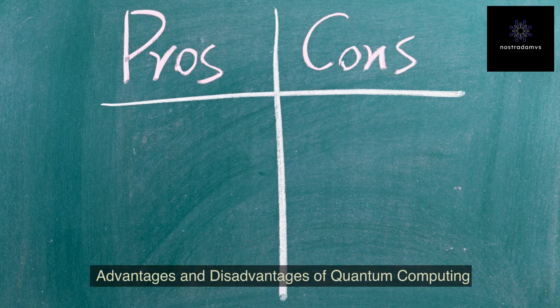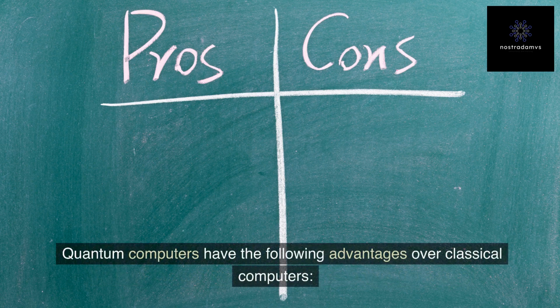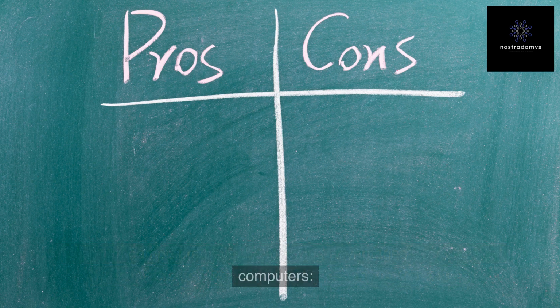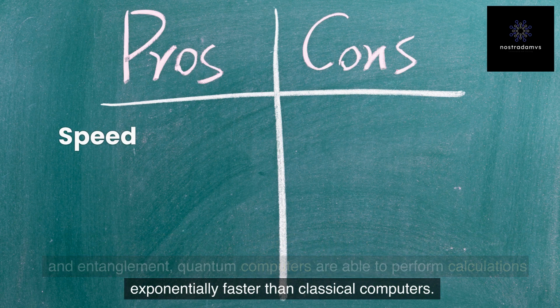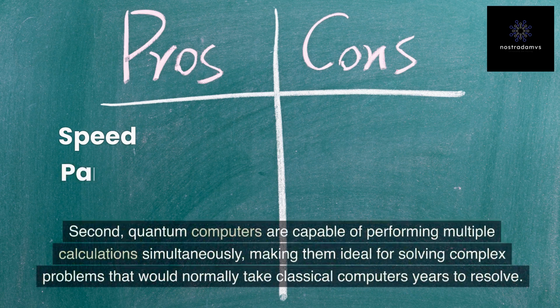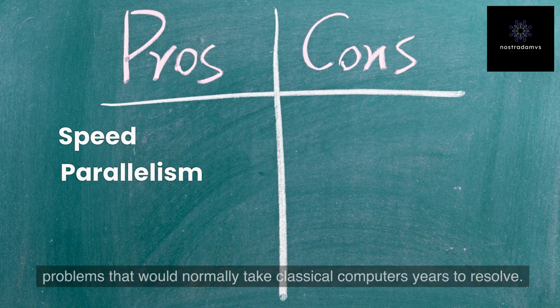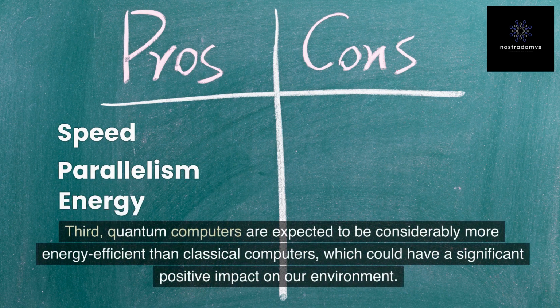Advantages and disadvantages of quantum computing. Quantum computers have the following advantages over classical computers. First, due to the principles of quantum mechanics, such as superposition and entanglement, quantum computers are able to perform calculations exponentially faster than classical computers. Second, quantum computers are capable of performing multiple calculations simultaneously, making them ideal for solving complex problems that would normally take classical computers years to resolve. Third, quantum computers are expected to be considerably more energy efficient than classical computers, which could have a significant positive